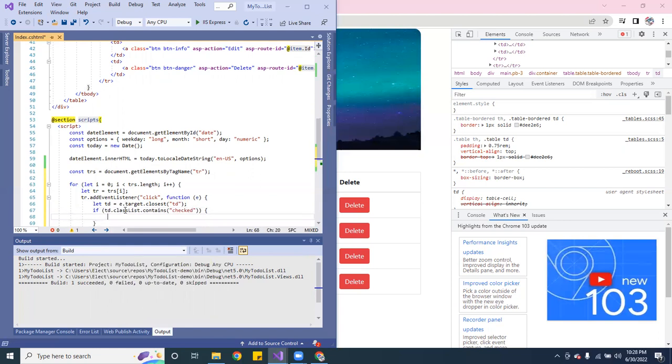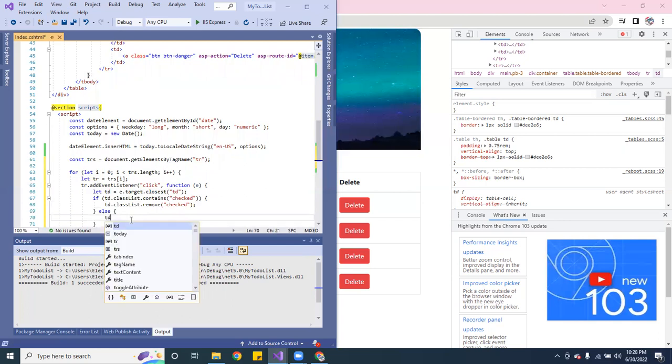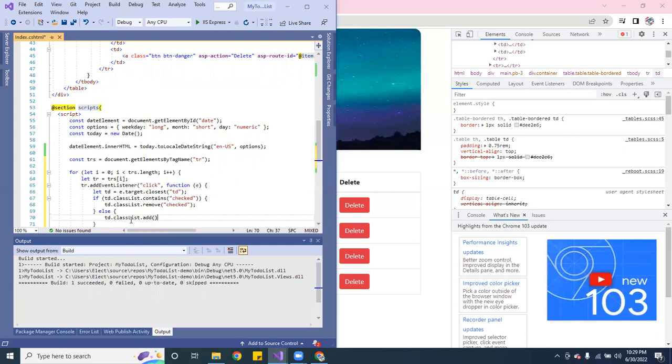So if it contains the class check, what I want to do is TD classList remove it. So if it's already there, I want to go ahead and remove it. Else, I want to go ahead and add it. So it's just doing the opposite. classList add the check. So I'm going to go ahead and add it. All right, and then